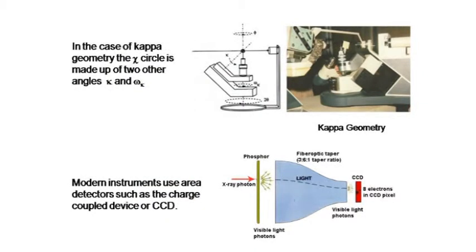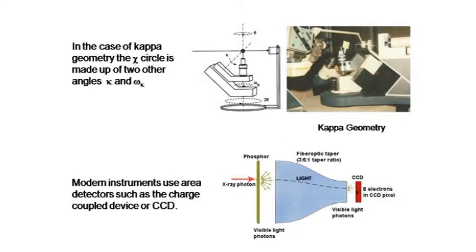So in the case of the Kappa geometry, which is now more common, chi is made up of 2 other circles, Kappa and omega Kappa, and these are defined here. Here's your crystal, it's rotated. Here's chi, and here's omega Kappa, and phi is here, and Kappa is this one. So what that effectively does is it's a more open type of geometry. This type of geometry, you have this open